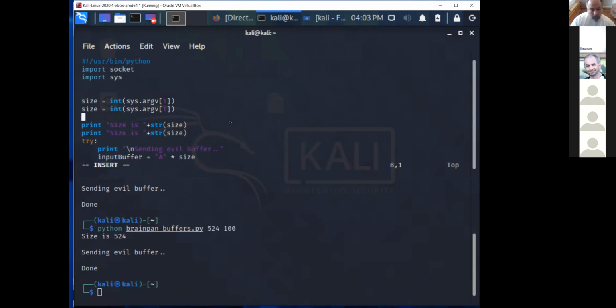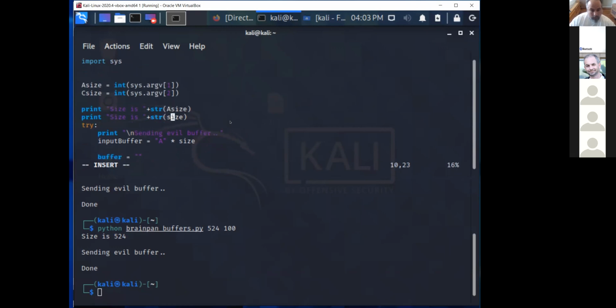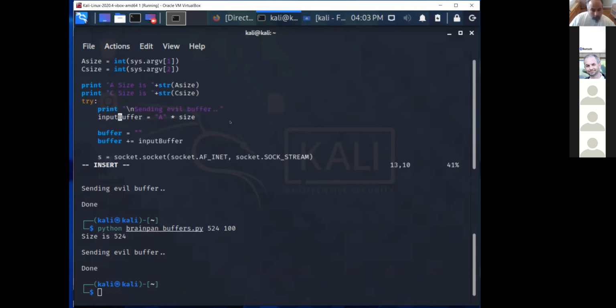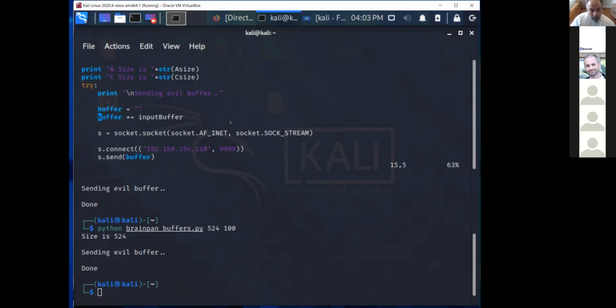So we will have A size and C size, and this will be based upon the second argument. That will be A, that will be C, and I will print that out. And then, again, I was going to get rid of the input buffer and just make it the buffer plus equal